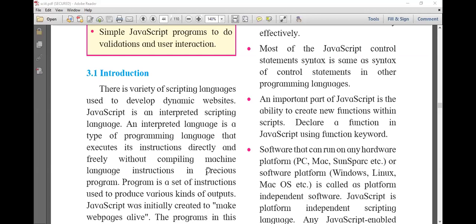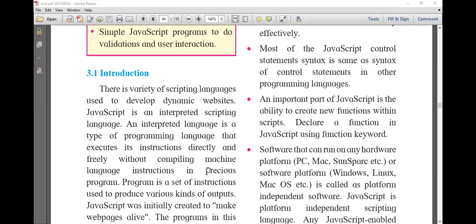Those are also used for validation. But in pure HTML, you can't use type equal to date, time, number, or email. Those things you couldn't do in pure HTML, but these features are added in HTML5.